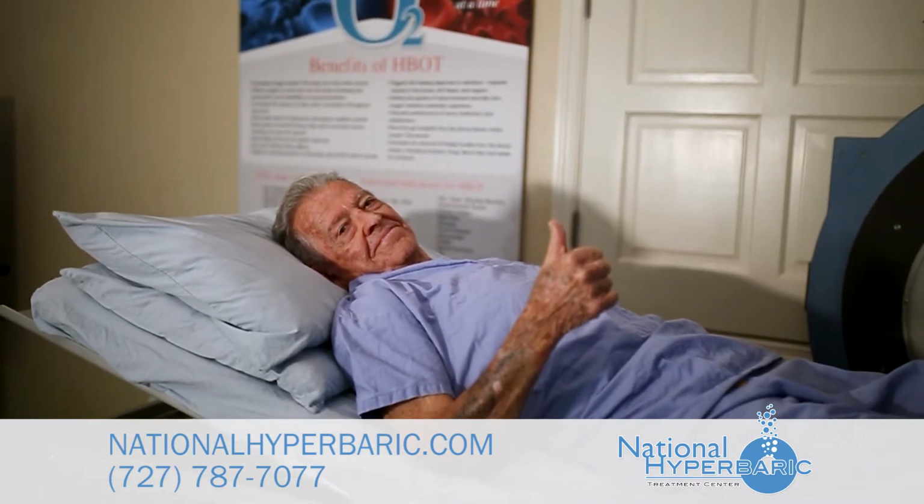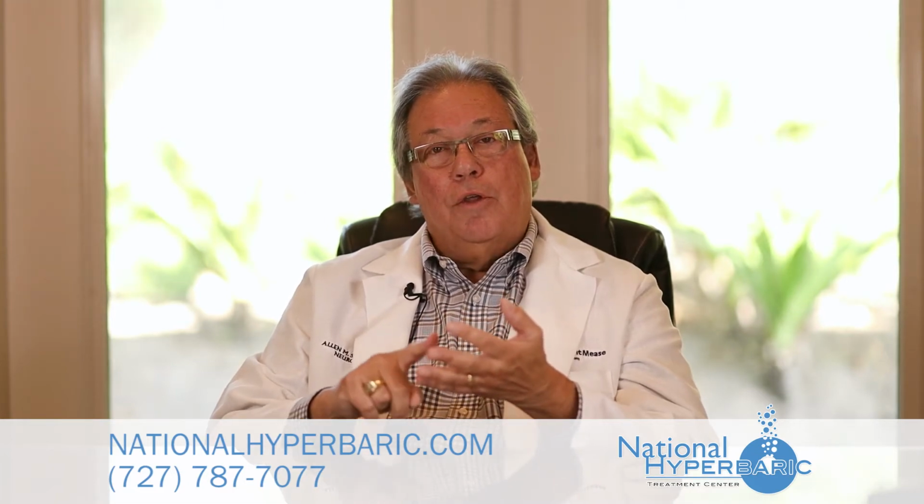However, there's an area around the dead tissue called the penumbra. Penumbra is what we call sleeping, dormant, idle brain cells. Now these are brain cells that are getting some ambient circulation, getting some nutrition, getting some oxygen, but not to the same magnitude as it had been prior to the stroke. What hyperbaric oxygen therapy does is it increases the circulation to the area around the stroke. And if you can give nutrition and give oxygen to those regions, you can potentially wake up those sleeping, dormant,